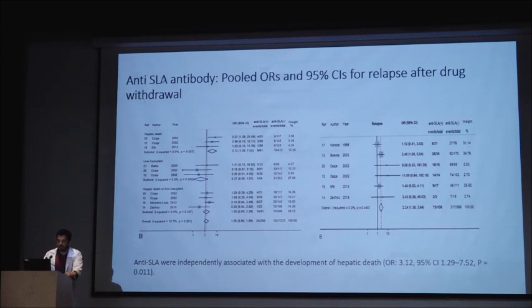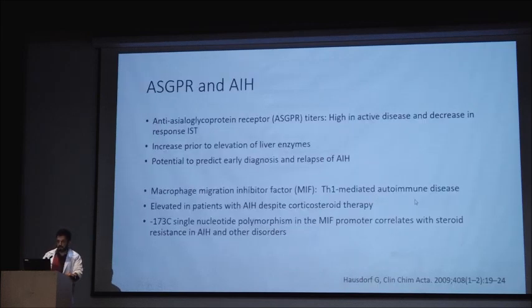Similarly, anti-SLA antibody has been shown to be a marker of hepatic death, and relapse is also higher with positivity at the time of baseline or at the time of withdrawal. The other markers are anti-sialoglycoprotein receptor antibody, which is usually high in active disease and usually decreases post-immunosuppressive therapy, and usually it increases prior to the elevation of the liver enzymes and can help in predicting the